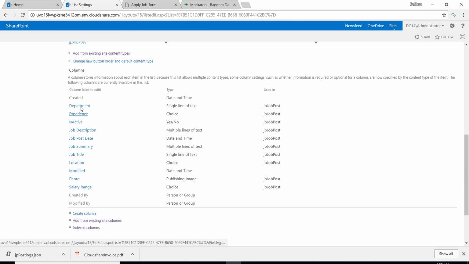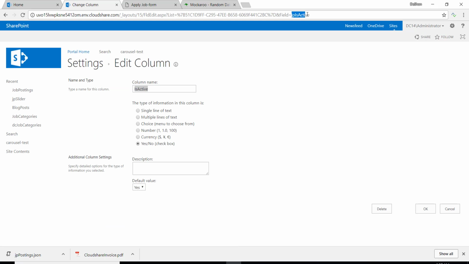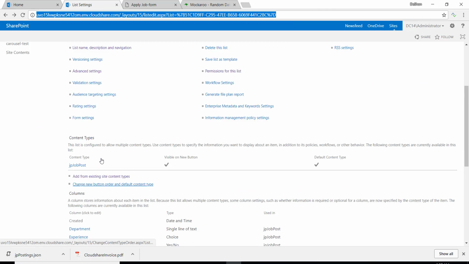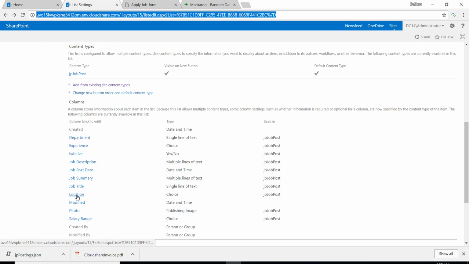For this schema, you can see that I went through and created many site columns. Again, I create these at the site collection level because it gives me a lot of flexibility to reuse these columns. A lot of these are reused columns from the blog and from the featured search by job category, I believe that was the name of it. A lot of these site columns we've used before, and we keep the internal names the same. As you can see here, JP is active. We're prefixing everything with JP, and we're just changing the display name